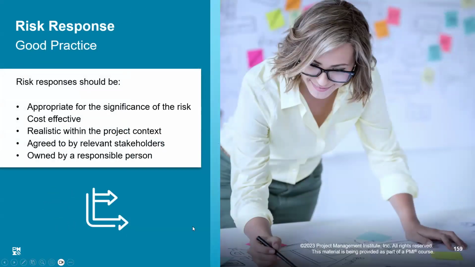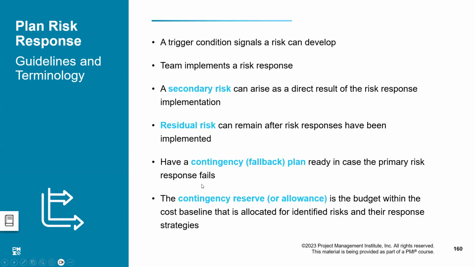Risk responses. Let us move on to the risk responses. Before that, let us talk about what is a primary risk and a secondary risk. The risk which is identified is a primary risk, but there might be another risk hiding behind the primary risk. Until and unless the primary risk gets out of the way, we can't even see that. So a secondary risk is a risk hidden behind a primary risk, right?